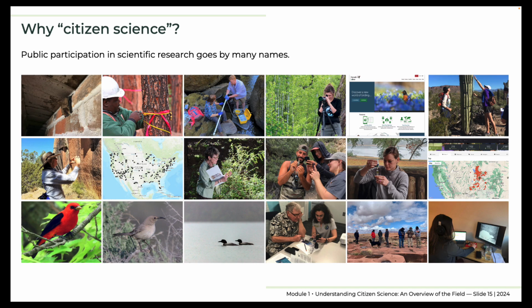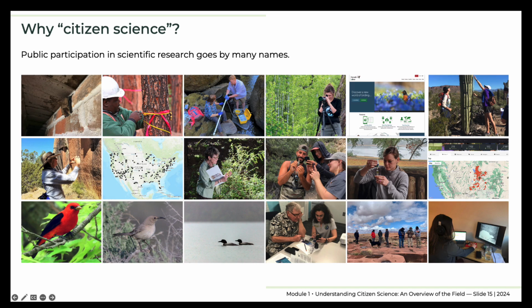of Ornithology around 1995, when lab staff desired a new name for what had been called the lab's cooperative research program. In Europe, the term also came into use in 1995 when Alan Irwin published his book Citizen Science, which focused less on public data collection and more on what he called scientific citizenship. Since 1995, the term citizen science has grown and flourished, having slightly different but complementary meanings in the different hemispheres. In most parts of the world today, citizen science refers primarily to projects that involve the public in collecting or